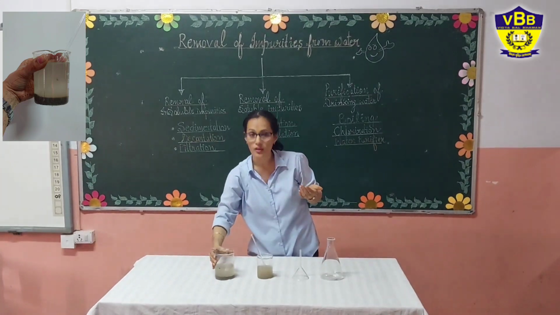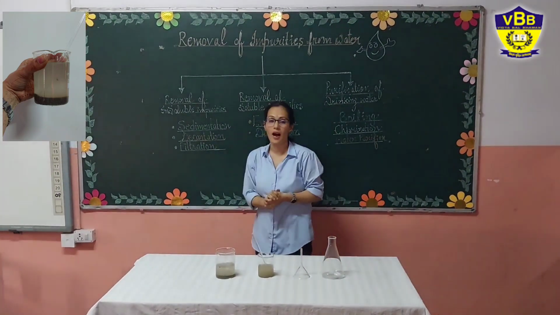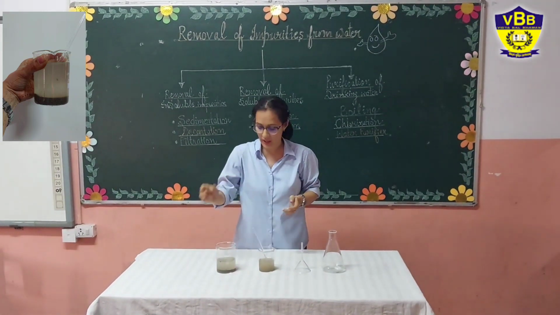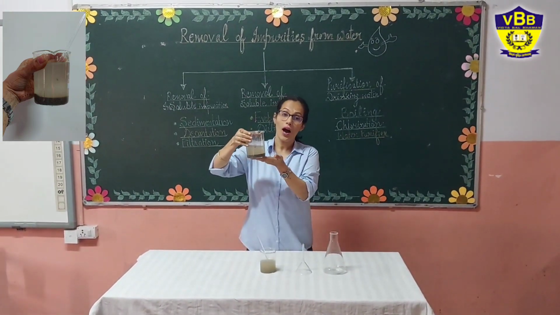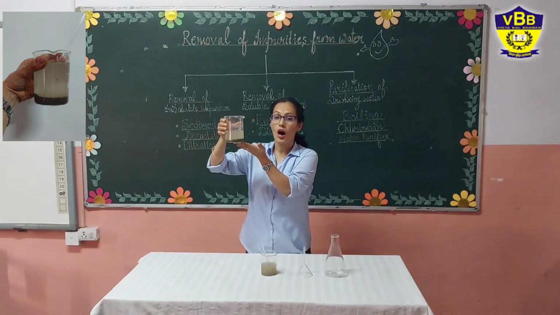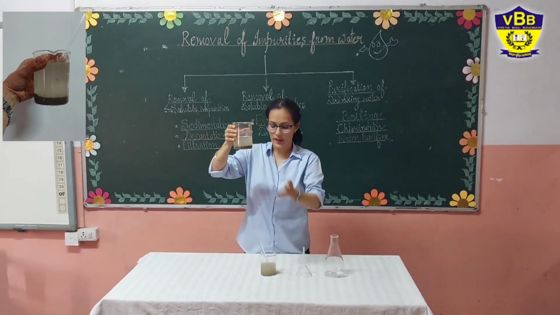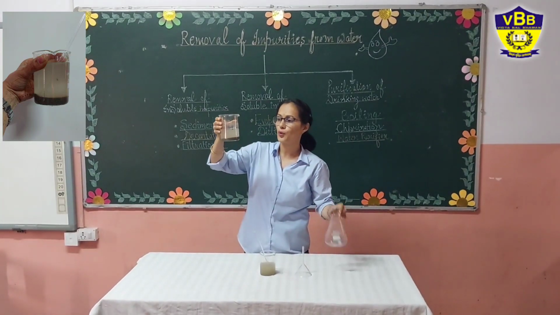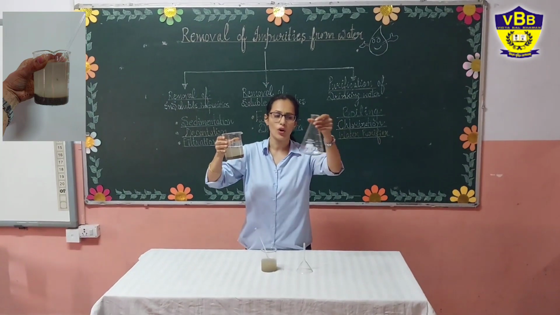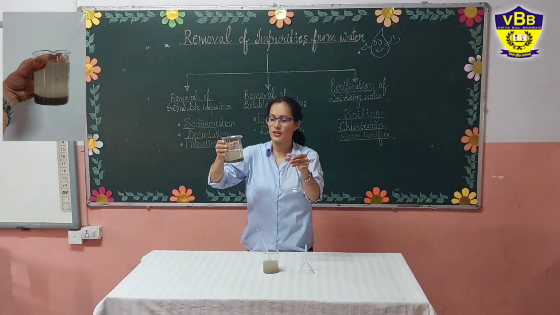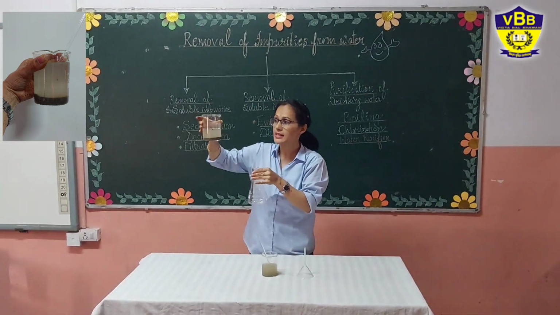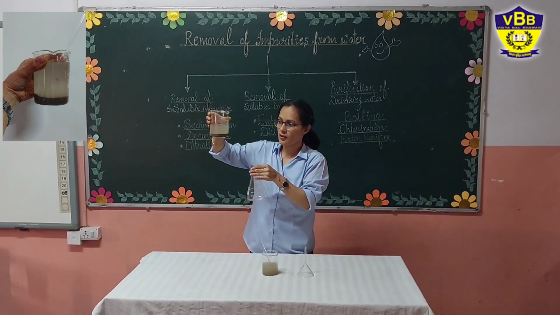After sedimentation, another process we have is decantation. So what is decantation? It follows sedimentation. As you know, sedimentation is done. So how will we do it now? In decantation, what will we do? We just take another vessel, a beaker, a conical flask, or any other vessel. Then we pour the clean water without tilting this beaker too much.